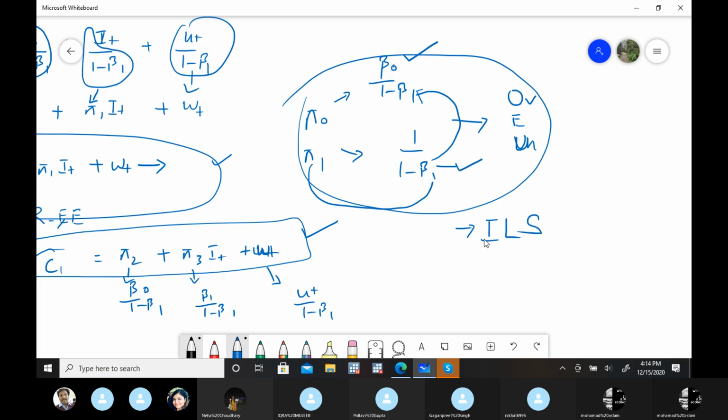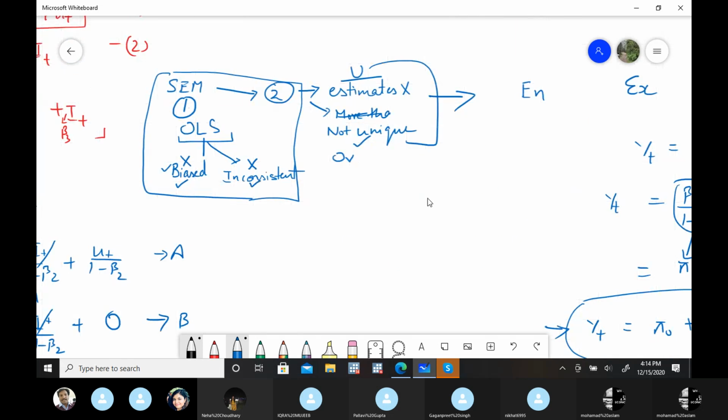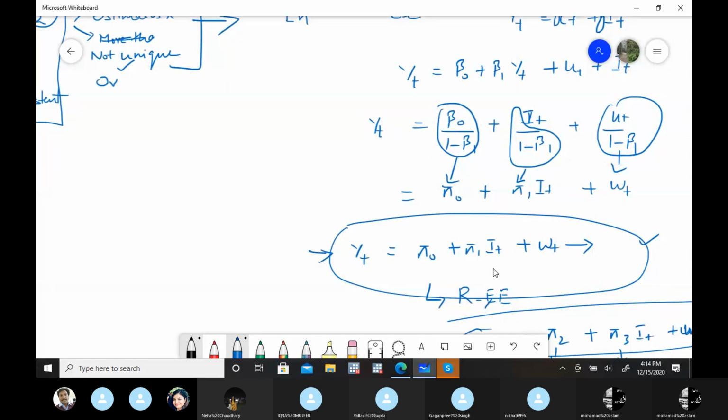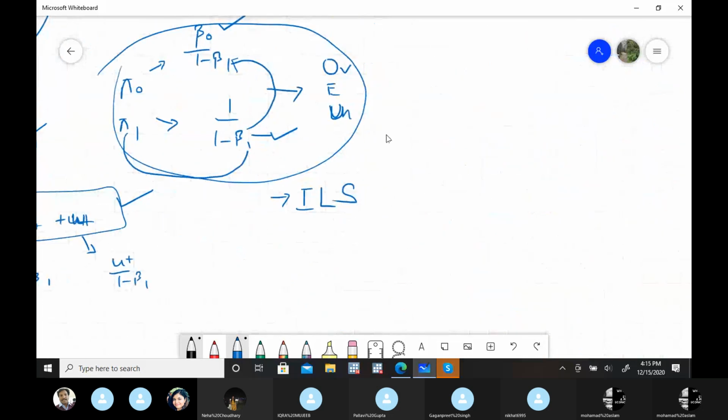We did not apply it directly, because if we apply it directly, the problem is that the estimates are biased and inconsistent. So we applied it indirectly with the reduced form of the equations, and from the reduced form equations we get the actual estimates. This method we call the indirect least squares method. But this is the case where exact identification was there and we have unique estimates for beta 0 and beta 1. So in this case, we have the answer, that is indirect least squares. And after indirect least squares, there is no problem of biasedness and inconsistency.